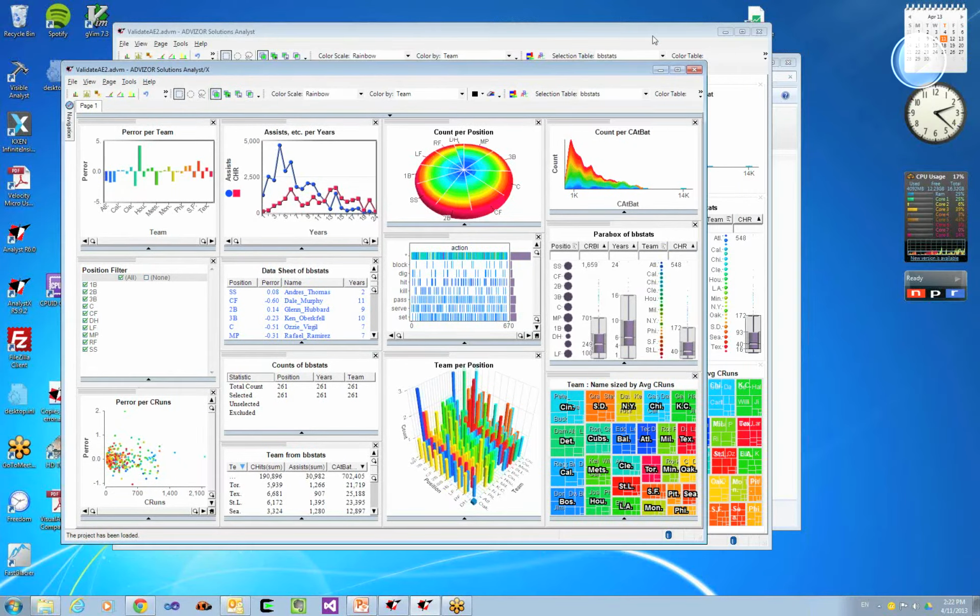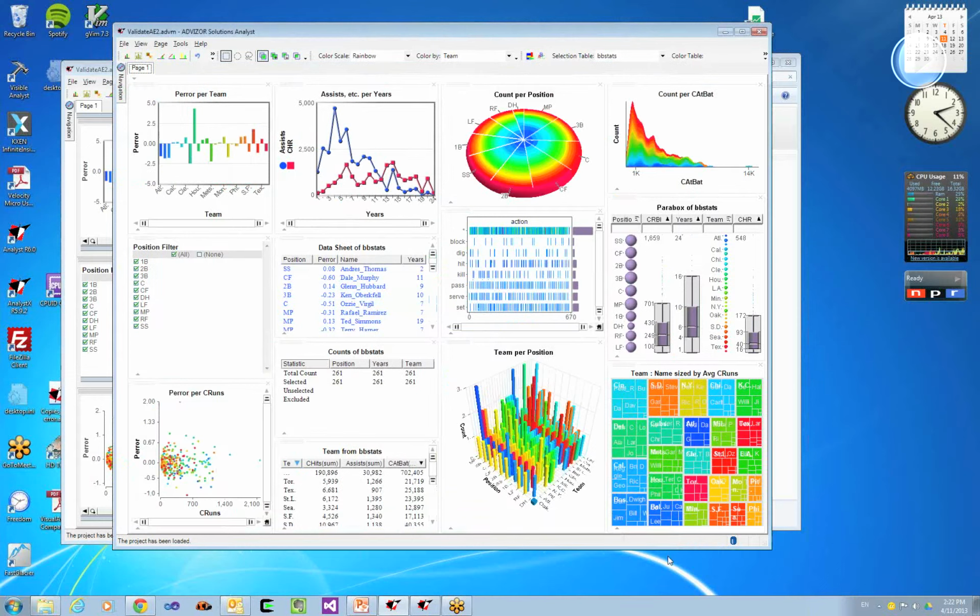Here's the new version of it. You'll notice that the text is both clearer and easier to read, and it's also not as dominating as it was with the black outline, so that the visual appearance is cleaner. We've also provided that you can now copy the image of the heat map to the